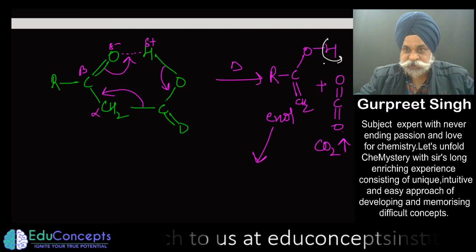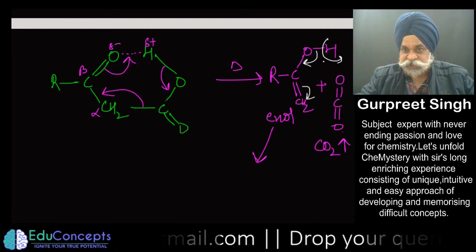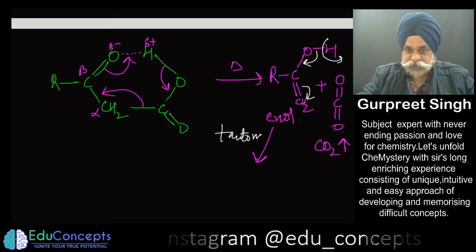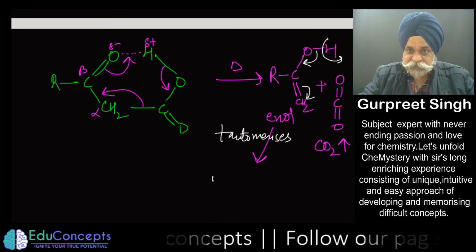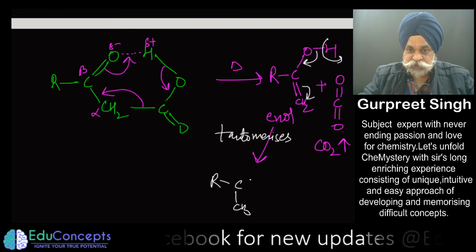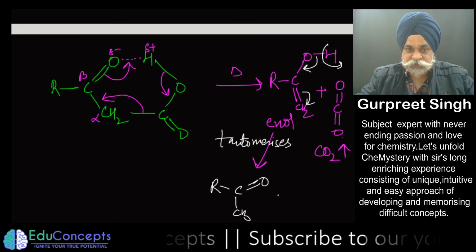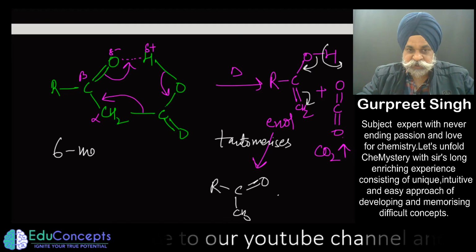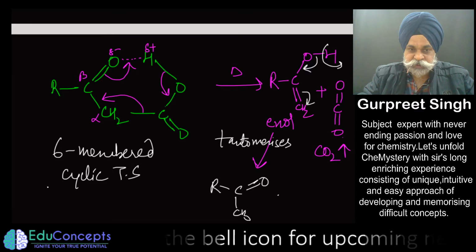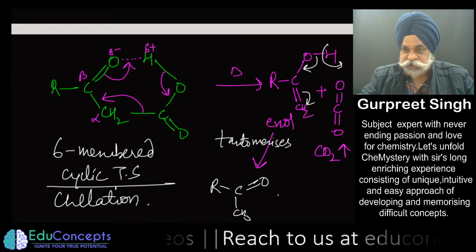So this H positive goes here, this goes here, this goes here. So this carbon would carry a negative charge, this H positive, intramolecular proton exchange or tautomerism. So it tautomerizes to get back acetone or ketone being generated. So this is the mechanistic viewpoint where you have to remember what is the driving force for this: six membered cyclic transition state, or sort of chelation has happened, which provided it extra stability.